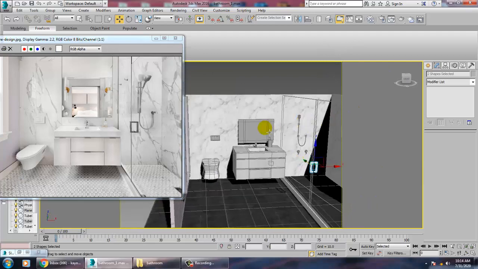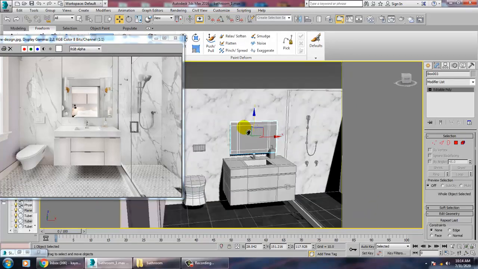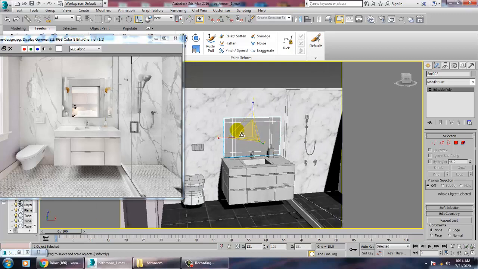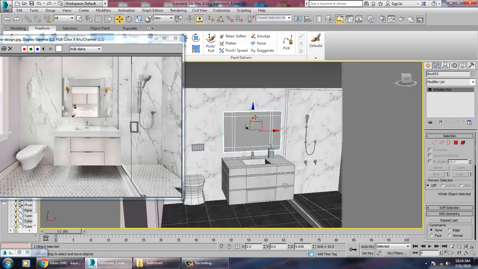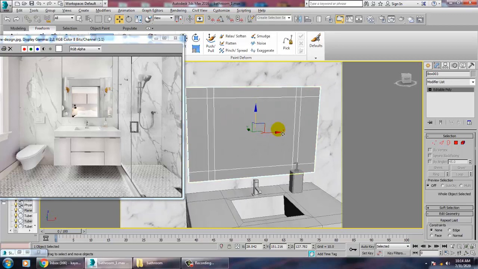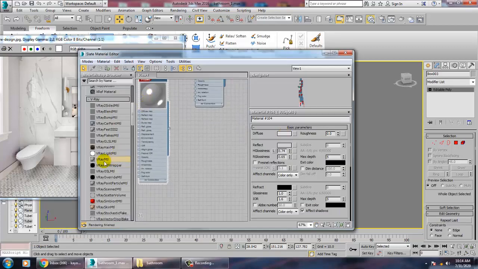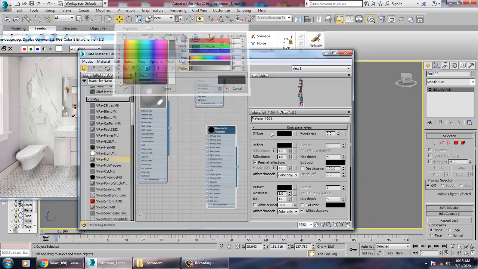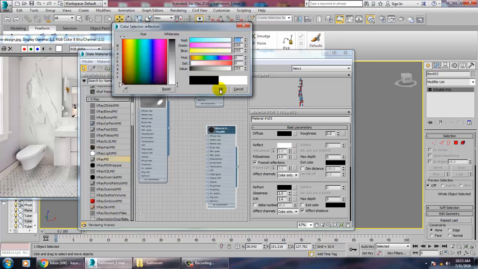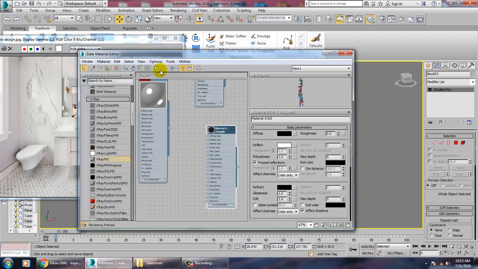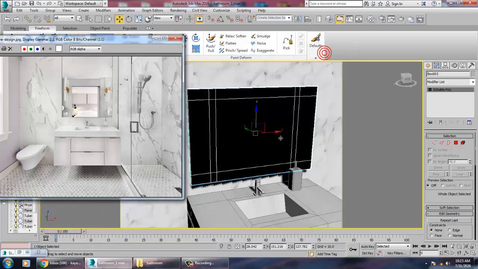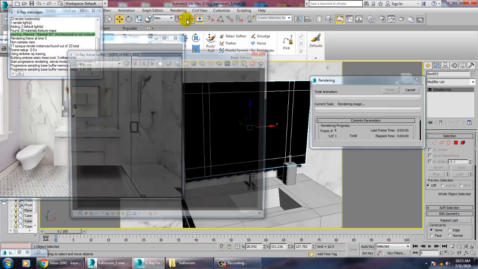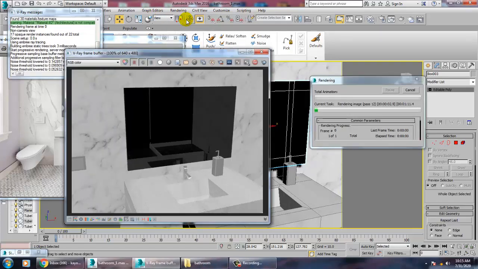Now select this stuff. We can scale it bigger because this is a mirror. You can push this up, and for this, again go into V-Ray material, and give a diffuse color of black, and the reflectivity is full for a mirror. So once you assign this in this way, it will work in this way. You can see, much better.